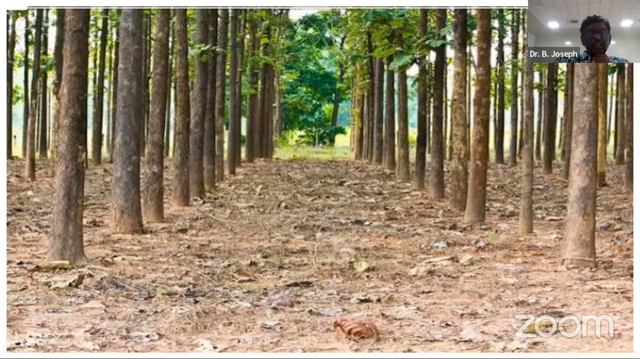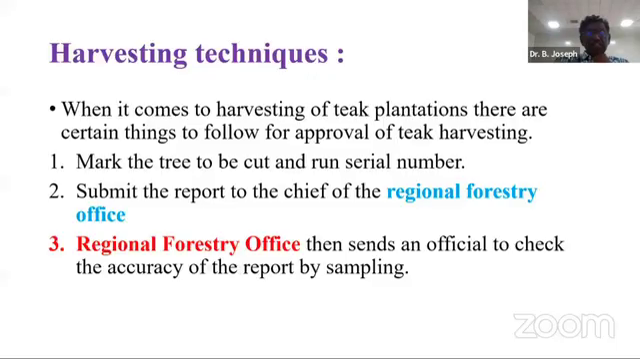With this, I want to discuss in detail the cost benefit ratio. Viewers can see these plantations, how they have come up, with equal spacing, plant to plant as well as row to row. You can see the harvesting techniques,